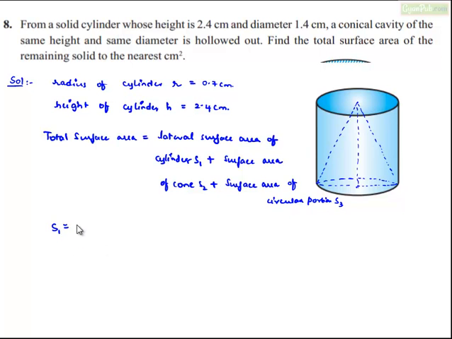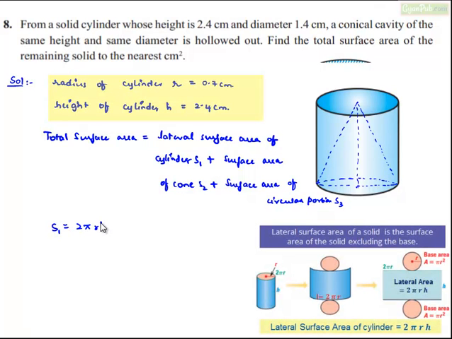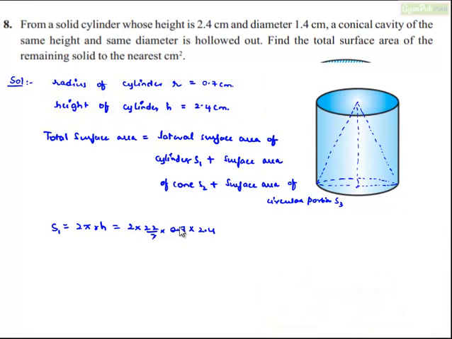Here S1 will be equal to lateral surface area of cylinder, that is 2 pi RH, which is equal to 2 times 22 by 7 times R is 0.7 times, here the height is 2.4, 7 goes in 0.7, 0.1 times, that is equal to 10.56